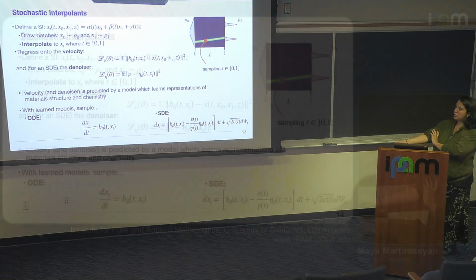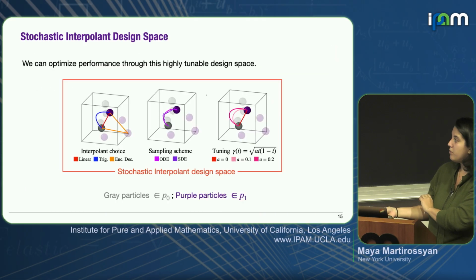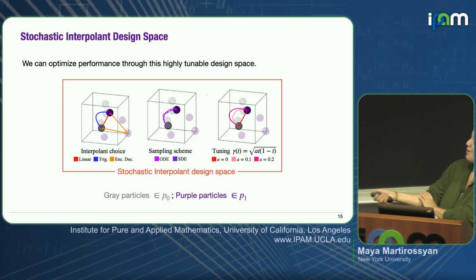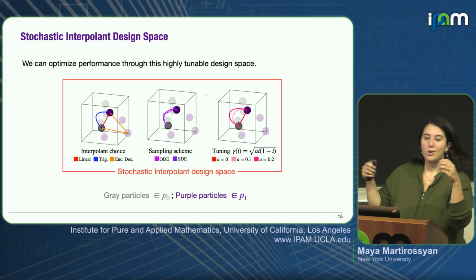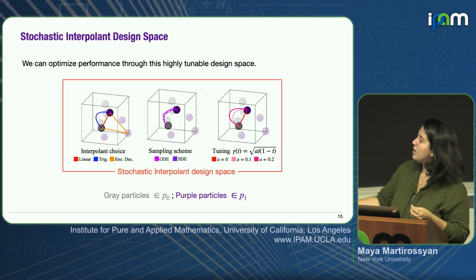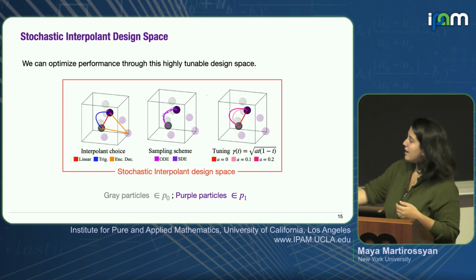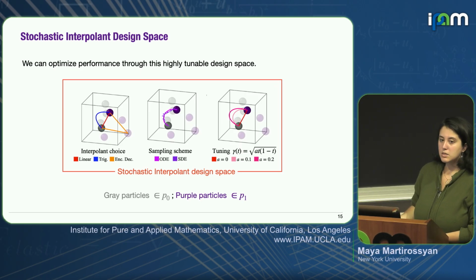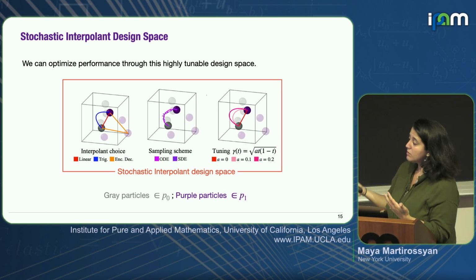And then finally we choose an ODE or SDE sampling. So this is really the full space of what we do. And this is just a nice figure to try to show you this. Let's say this gray atom is our particle from our noisy, easy to sample from crystal, and we're going to bridge it to our purple atom, which is actually from a structure from our actual data set. This shows you the design space of the actual flows that we learn.